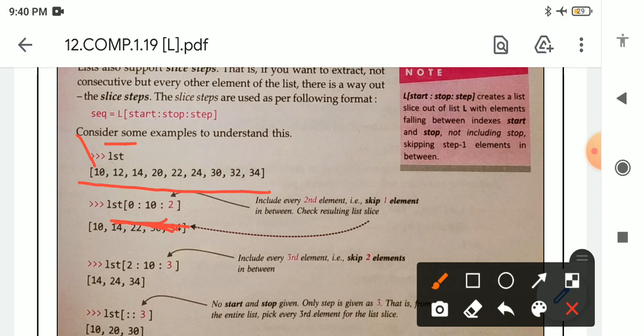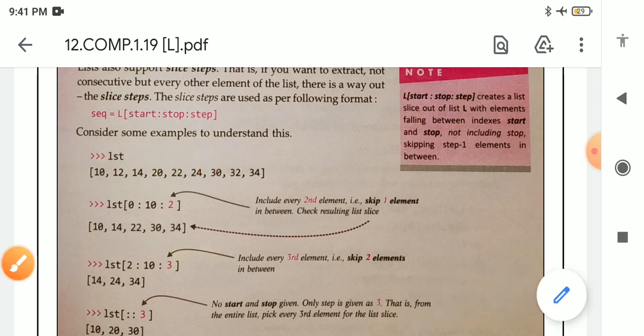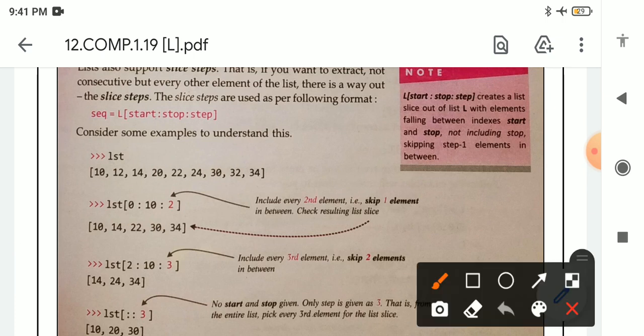So we start counting 0 1 2 3 4 5 6 7 8, it is out of limit, stop is out of limit. As we know, if the stop is out of limit, we will take all the elements left after the start point.